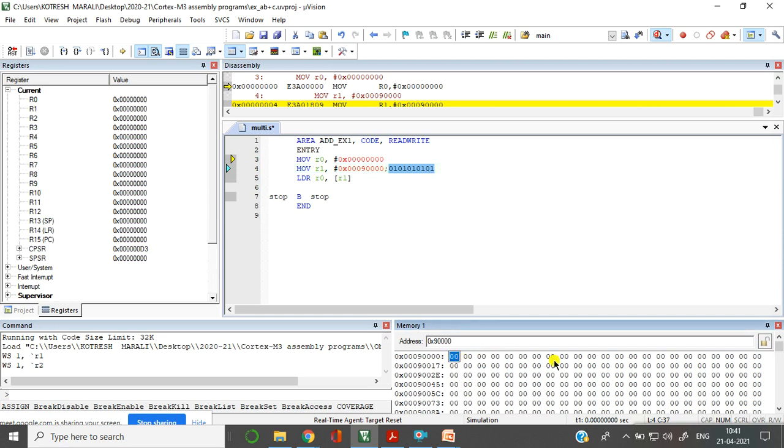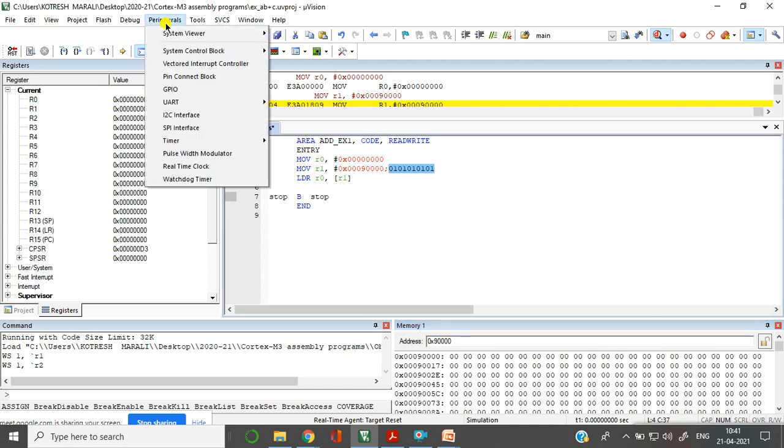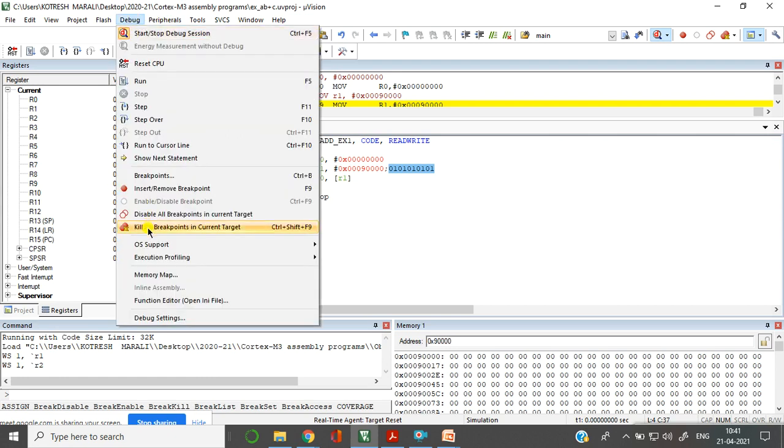So let me try this 01. Oh, it's not taking. What's the problem? One more change you have to do: go to Peripheral, go to Debug, and there is an option called Memory Mapping. This memory map we have not done.